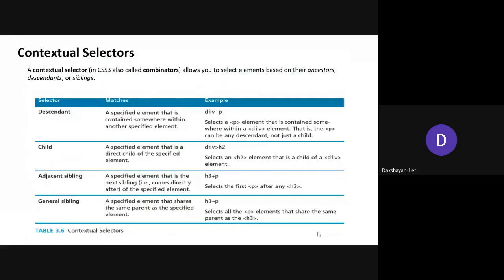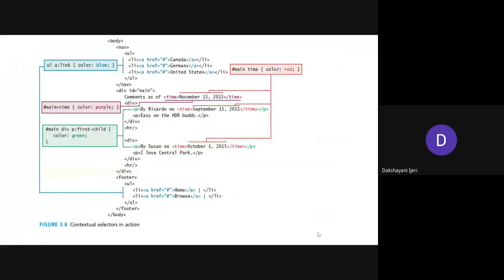Yes, ma'am. Okay, so coming to the last selectors, the contextual selectors, right? These selectors apply styles based on the parent-child relationship or the sibling or the descendant, right? So these are not specific to any element, not specific to any attribute, neither specific to user interaction. The styles that you define here are specific to the ancestor characteristics that we have already studied, right? So we'll see some examples here.